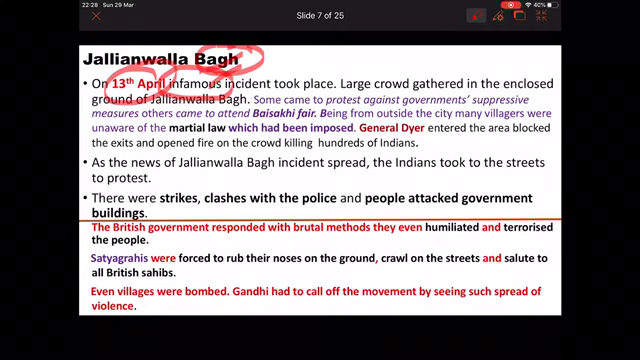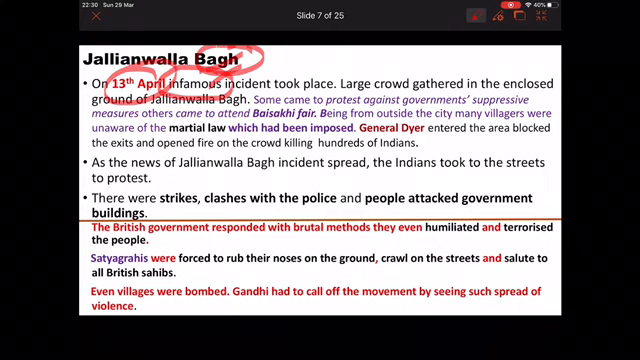So a few people came to attend the Baisakhi fair and a few people came to Jallianwala Bagh in protest of the British government's suppressive activities like firing on a peaceful procession, the passing of the Rowlatt Act and all those things. So you have a crowd in Jallianwala Bagh, and the moment he got the information that there was a large gathering in this area,